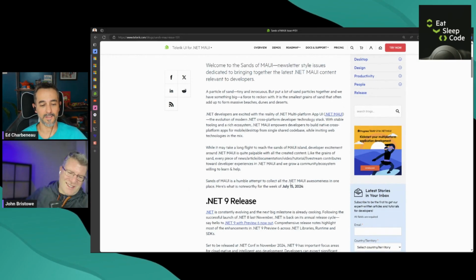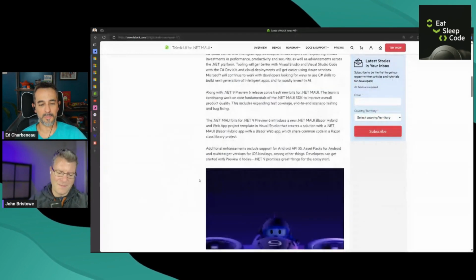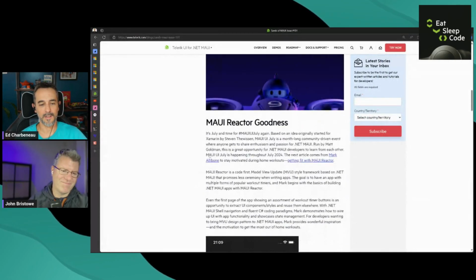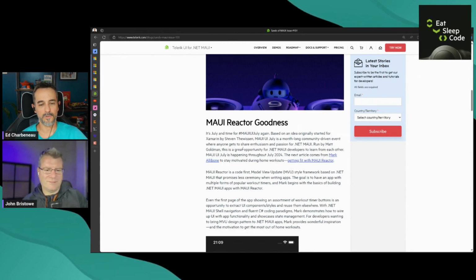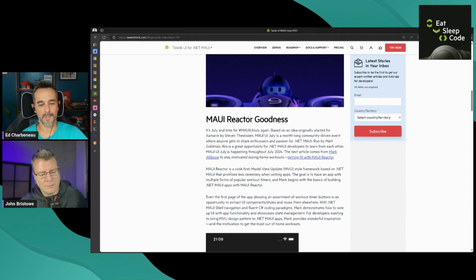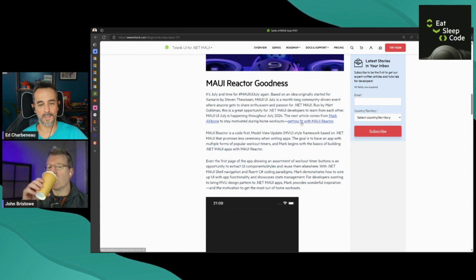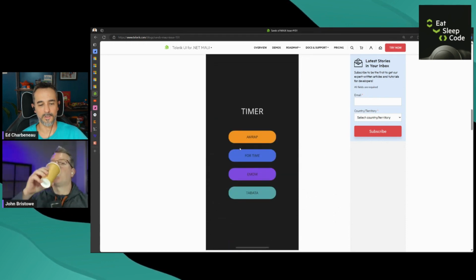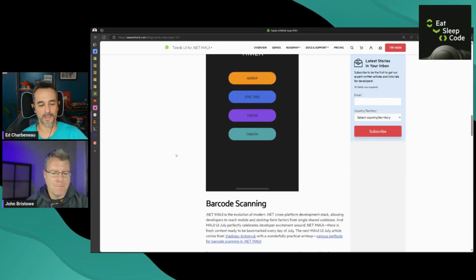He goes into the .NET 9 release, because they're going to be expanding on MAUI in .NET 9. The MAUI Reactor, they were talking about this on the community stand-up. This is a fitness app that you can grab the source code for. It's pretty neat. It's got your different timers for interval training type of exercises.